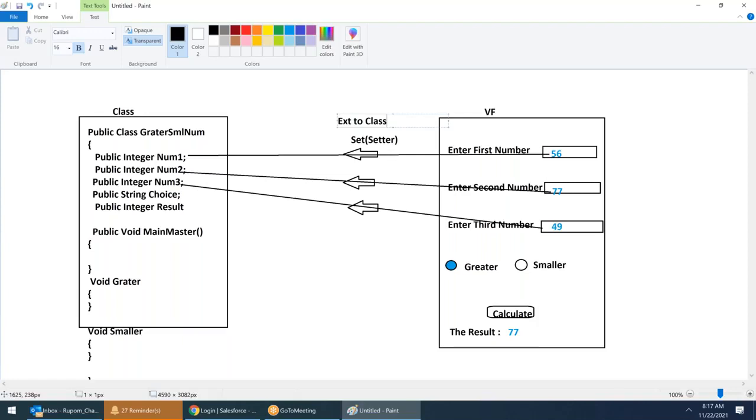Whenever data is coming from an external source to a class, Visualforce is an outsider. We are not writing the program inside the class. Visualforce is a separate program. It's within the Salesforce only, within the same colony, but it's a different house, whereas the class is a different house. Whenever you have something from external